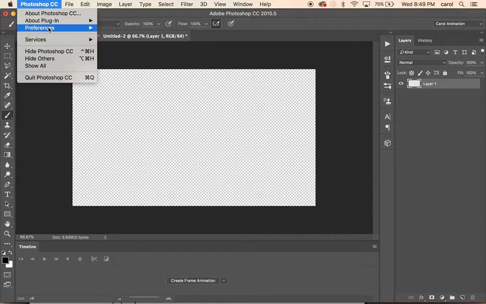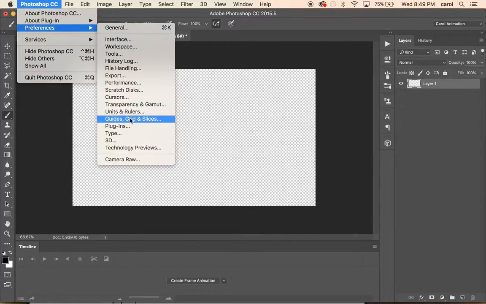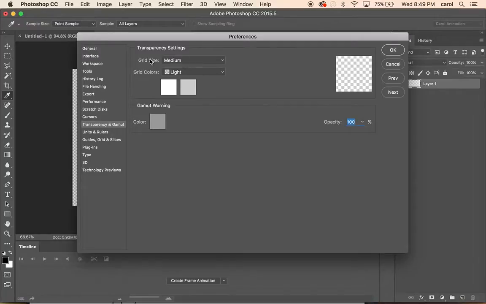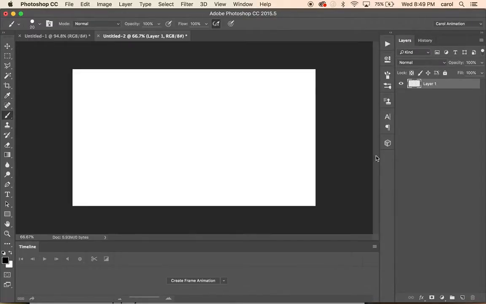So we're going to go to Photoshop Preferences, Transparency, and where it says grid size, I'm going to select that and I'm going to say none. So that's what I had previously. So you can still see in the layers palette that you have the grid there, which indicates that this is